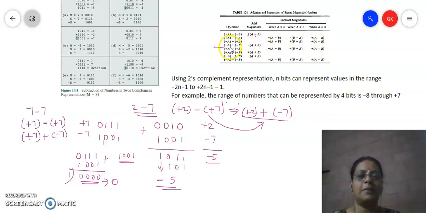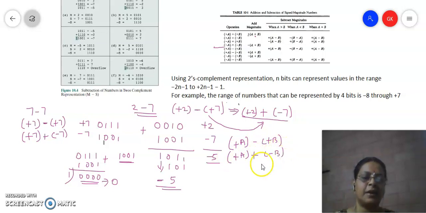Now in the same table, if you look into the subtraction operation, how it is implemented, I think I will write one case. Okay, plus A, then minus plus B. If they are given like this, then what you should do is not disturb the first operand. Now change this operation into plus, and then change the sign of the second operand. So plus A you will keep as such. Then for B it is a negative number, so you will take the 2's complement of the second operand B, and then you will add. And after performing this, you will get a result.